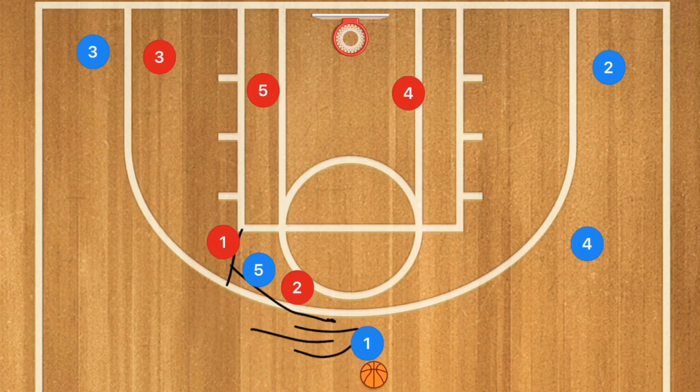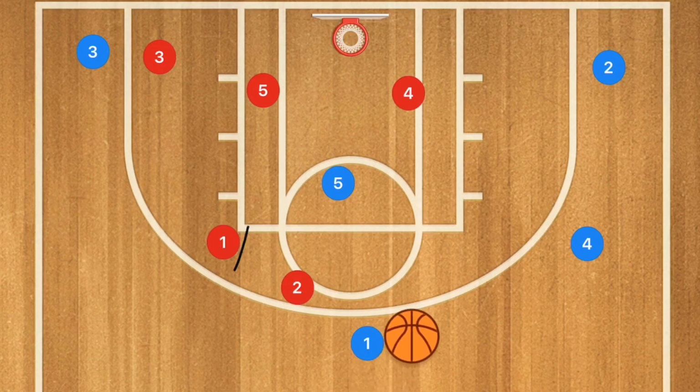Now, remember how we were always initiating the pass first in the first 5-out I was explaining? Well, now this is the screener initiating the offense, setting that screen and rolling towards the basket. Why is this important for us? Well, we want to try and get that ball into player 5,